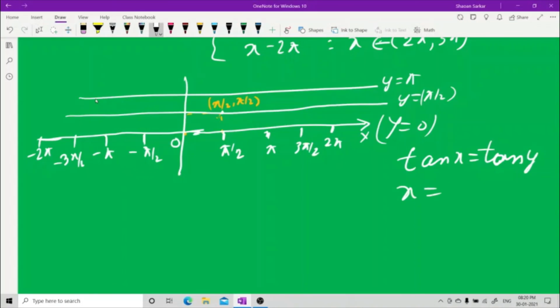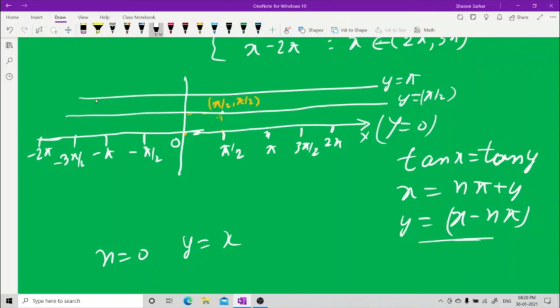So x is n pi plus y, which means y is x minus n pi. Now at n equal to 0, you have y equal to x from here. So you leave this point, and you leave the point pi. The line passes like this. For n equal to plus 1,